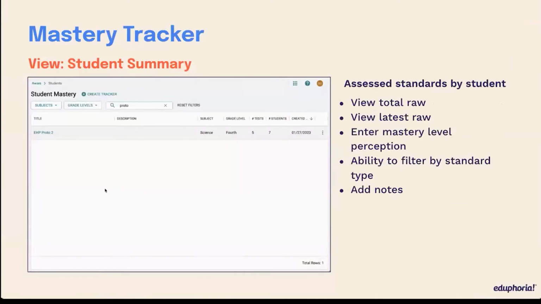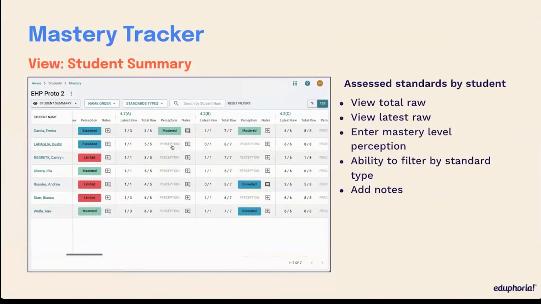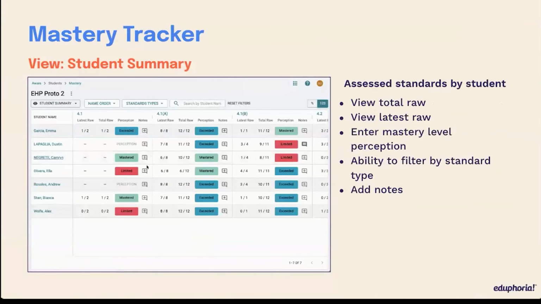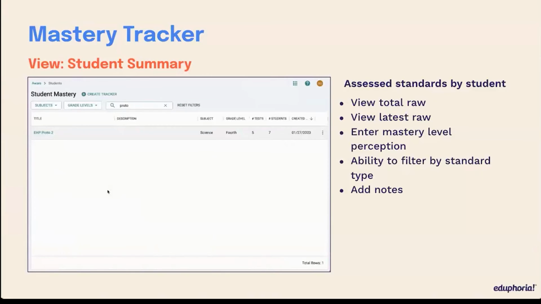And this is a preview of what a Mastery tracker kind of looks like. And remember, we're looking across a big chunk of data by the standards. You've got the kids on the left, standards on the top. You get the ability to set those perceptions. And you have two columns where I get to look at either the latest raw score or the total raw score, because either is potentially important. Maybe the kid got it on this most recent assessment and didn't before, and that's why the latest raw score would be more important. You get to enter that mastery level, you get to filter by the standard,